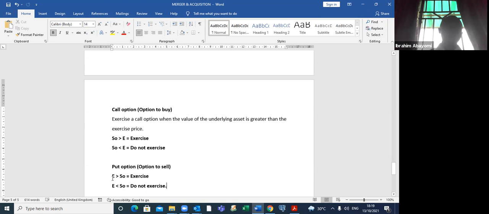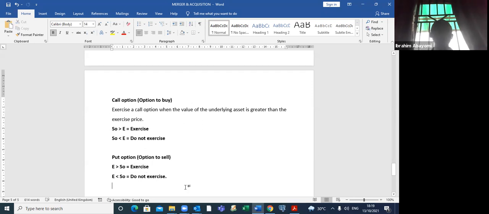And you must know when to exercise, when not to exercise. Am I dealing with put? Am I dealing with call? Very key. Do I exercise? Do I not exercise? You must know all this. And that's the reason why I'm breaking it down here. You can see that I'm not referring to the notes or the study packs. The reason is that I want you to be seeing the live scenario here.